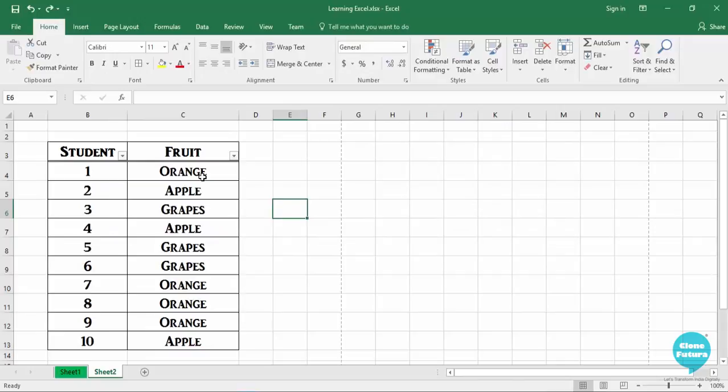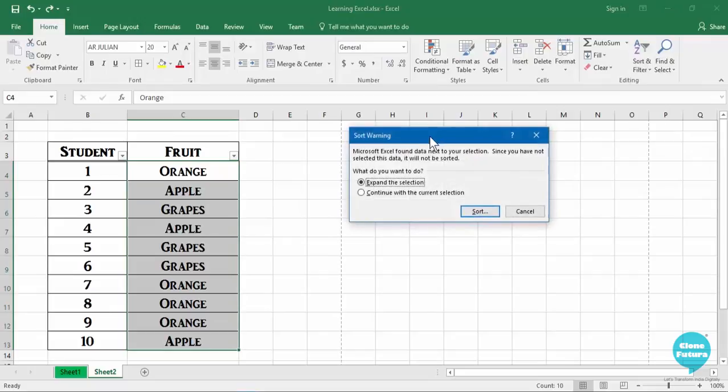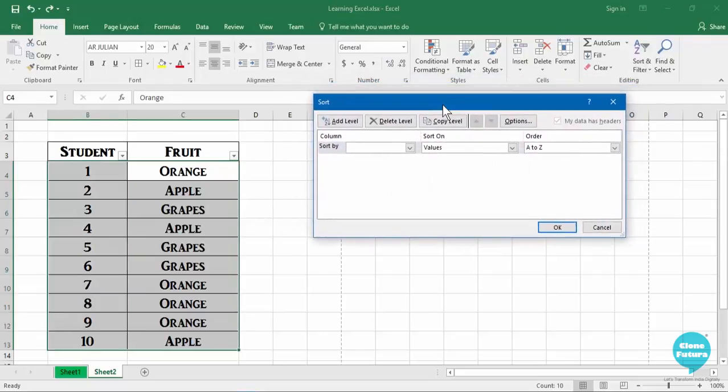Now let us try and apply custom sort, which means you define the order in which you want your data to be sorted or arranged. So for that, we will select this data. We will go to sort and filter. Rather than selecting these two, we will click on custom sort. Then this dialog box will open where you will define on which column you want to apply the sorting. So we will say fruit, sort by what? Values or colors. So we will say values, and in